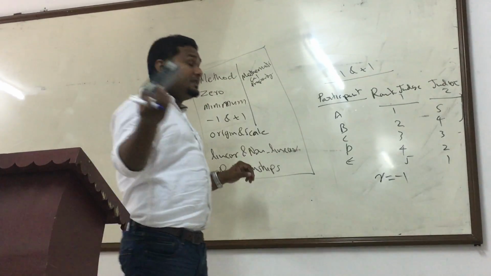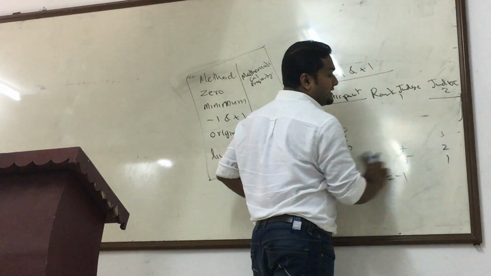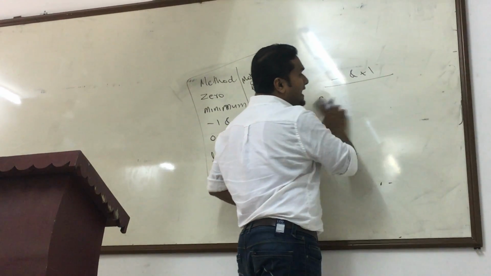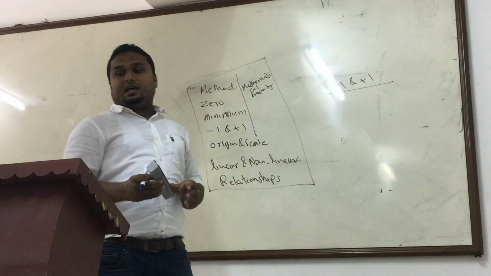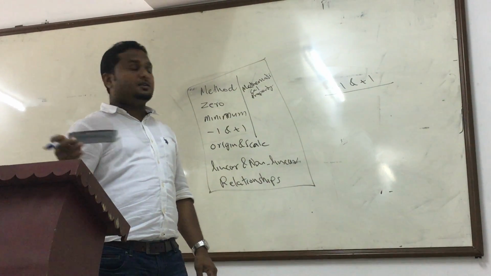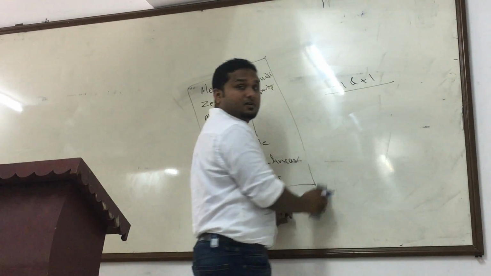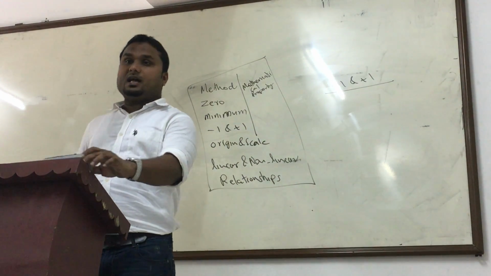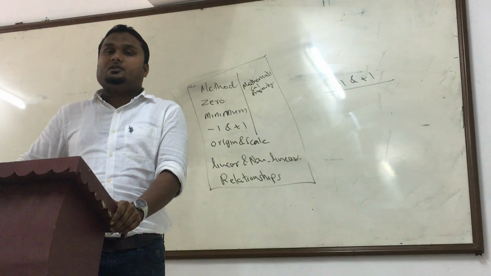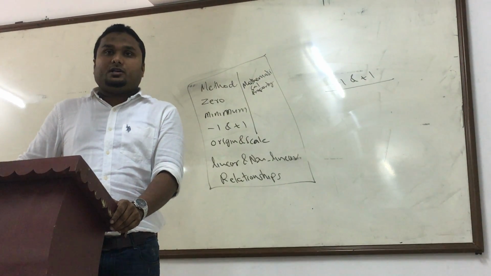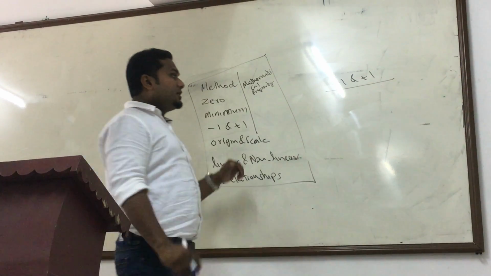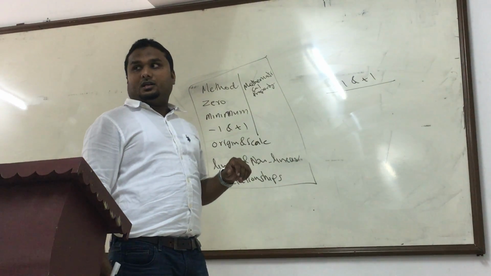In the next CPT, they asked another question. If the ranks given by 2 judges are in reverse order, then the rank correlation will be